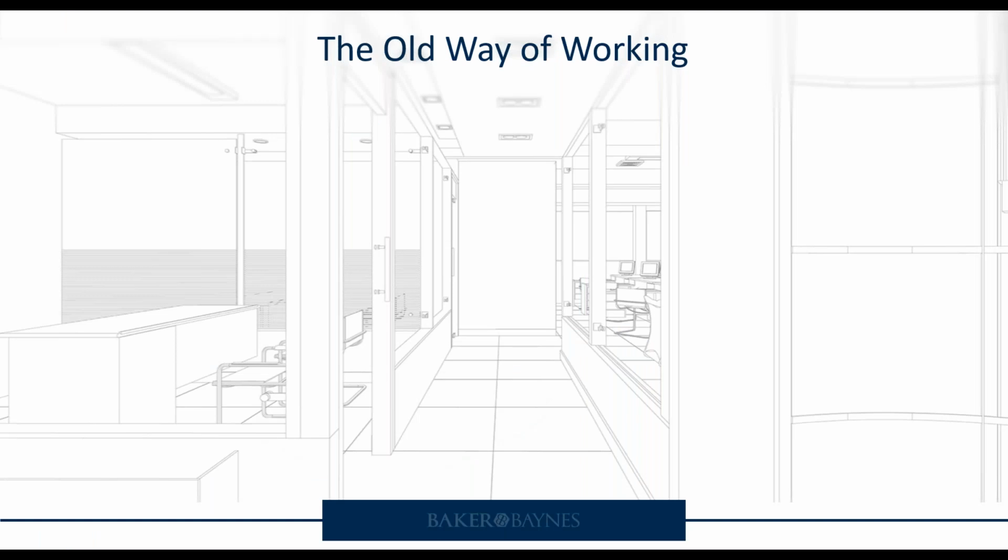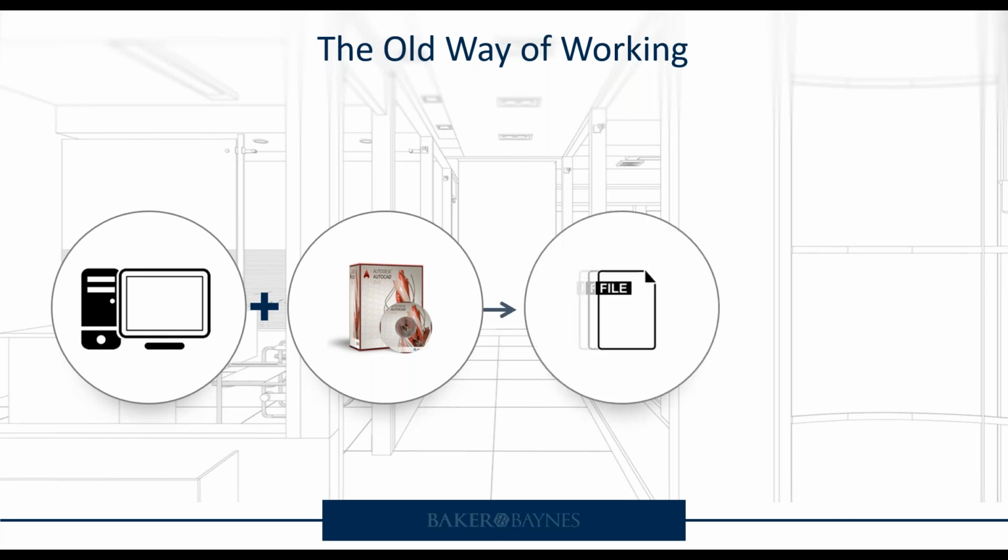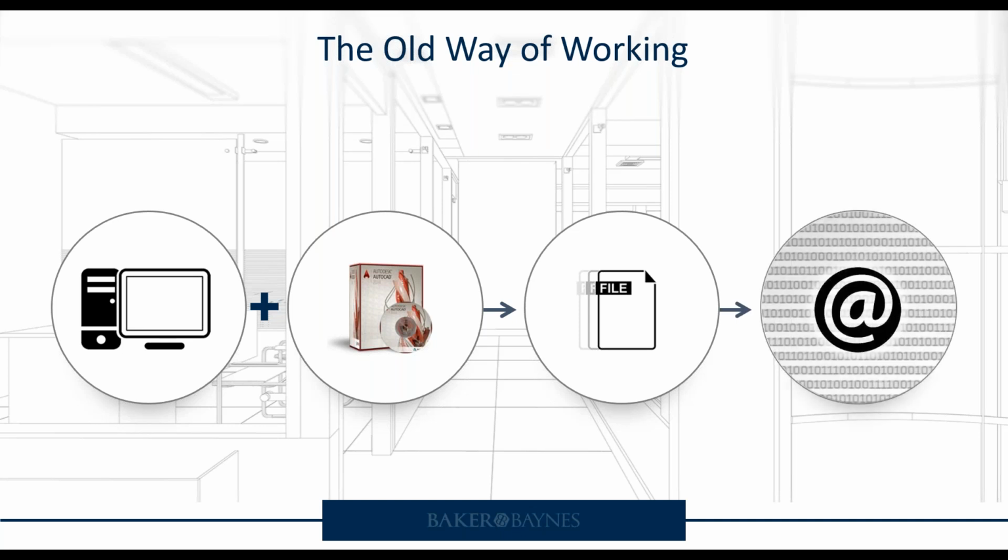Typically, how things have been done for a long time is you make use of your AutoCAD software, and there's a lot of help and benefit with these programs. Number one would be the accuracy, being able to produce drawings and information and give it to the contractor so that the building elements are constructed in the right place and in the right way. You would then typically export this as a PDF, and this is sent as an email, and that's the end of it, right? You've produced the drawing and sent it via email, and the information on the drawing is just on the drawing, but nothing else really can come from that. With BIM, there's a lot more opportunity to make that information more valuable along the chain